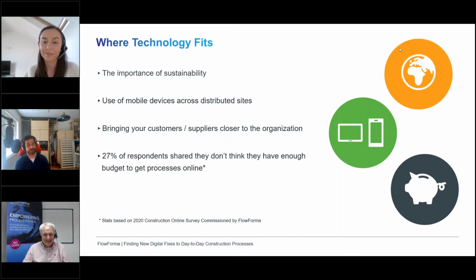Yeah, for sure. Like with our construction clients, it's mobile first. They basically tell us, oh yeah, we have to have mobile, and you know what? We have to have mobile offline too. So you have to have that ability to use these, access your processes and all that on site, and that has certain mobile requirements, and it's absolutely a prerequisite. You can't walk in the door without it,